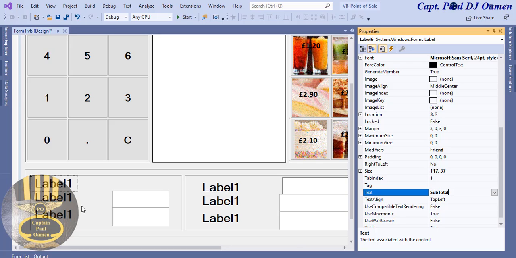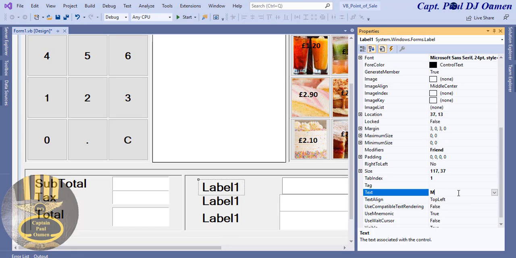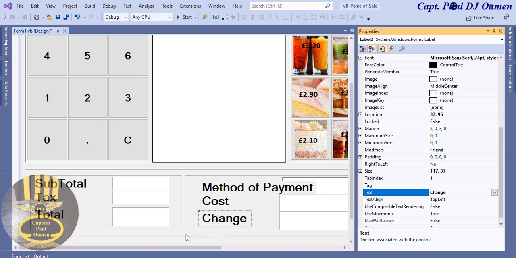And here, the next one is going to be tax, and we have total here. There. I'll copy one of these, and this is going to be method of payment. While we have in here the cost or amount that you deposit, then change, the change that is given. All right, let's just speed up the whole